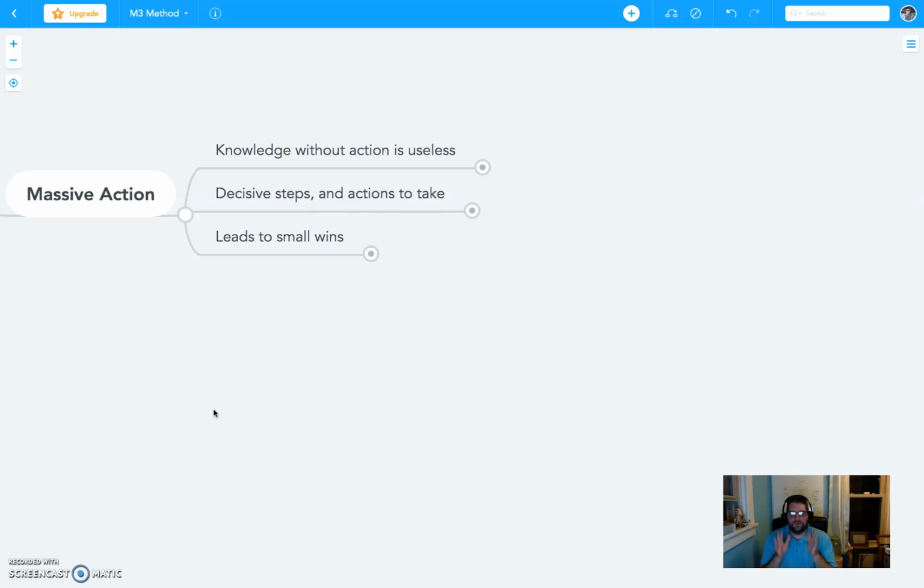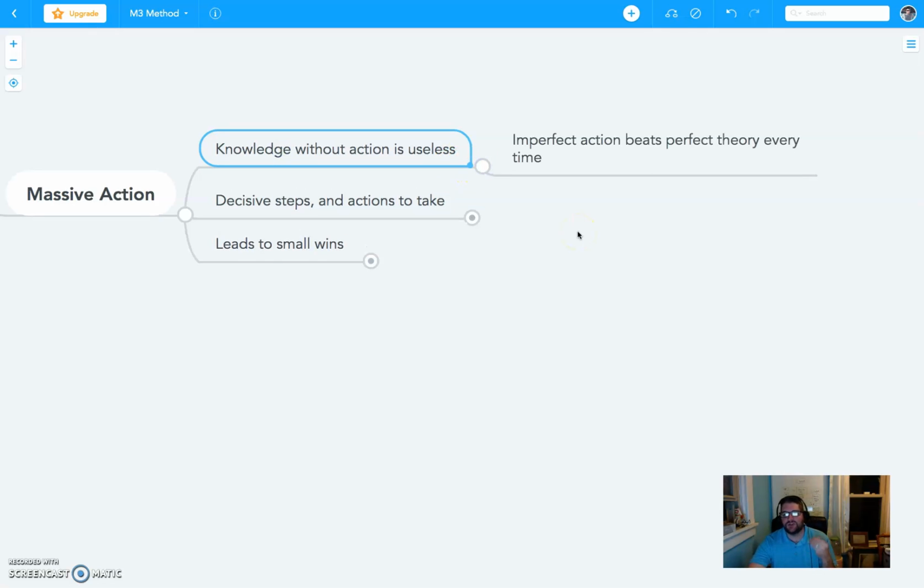Every successful entrepreneur and top earner and leader I've ever learned from, including now, you need to take massive action, and what you're learning and what you're doing has to be easy to take massive action, right? Because knowledge without action is absolutely useless. Imperfect action will beat perfect theory every single time.